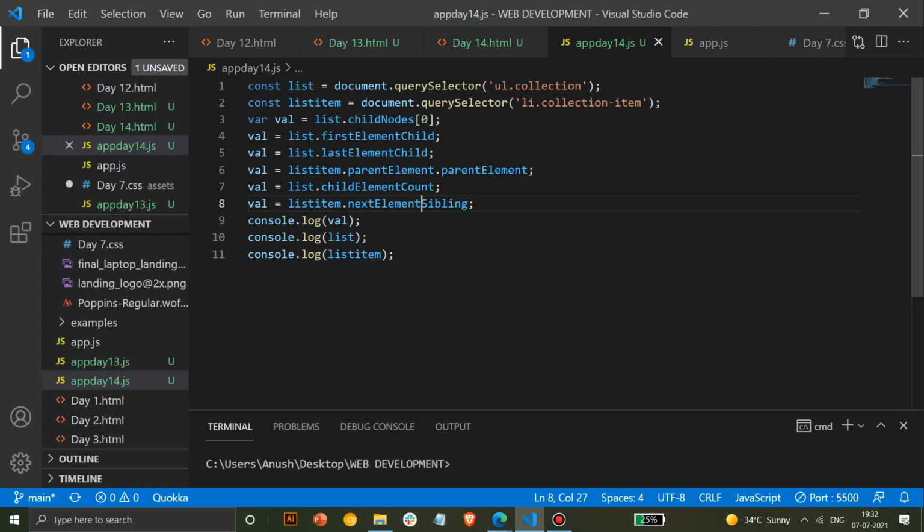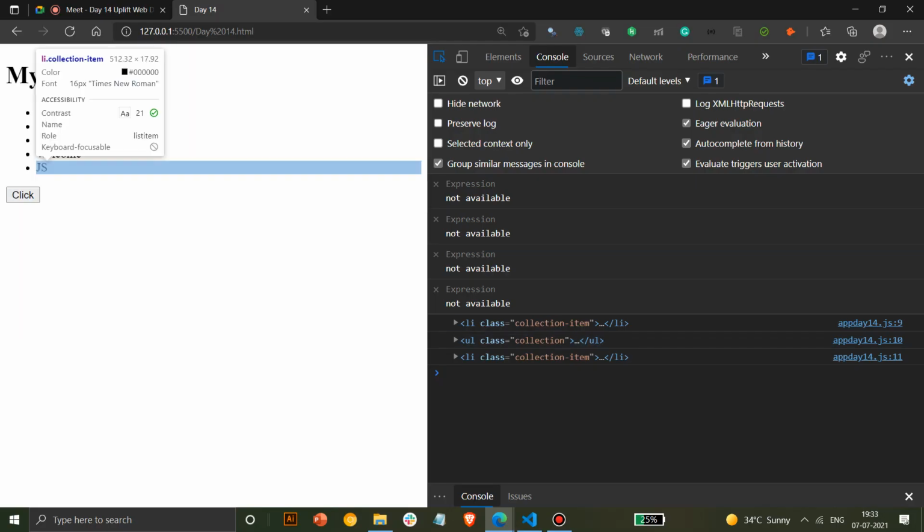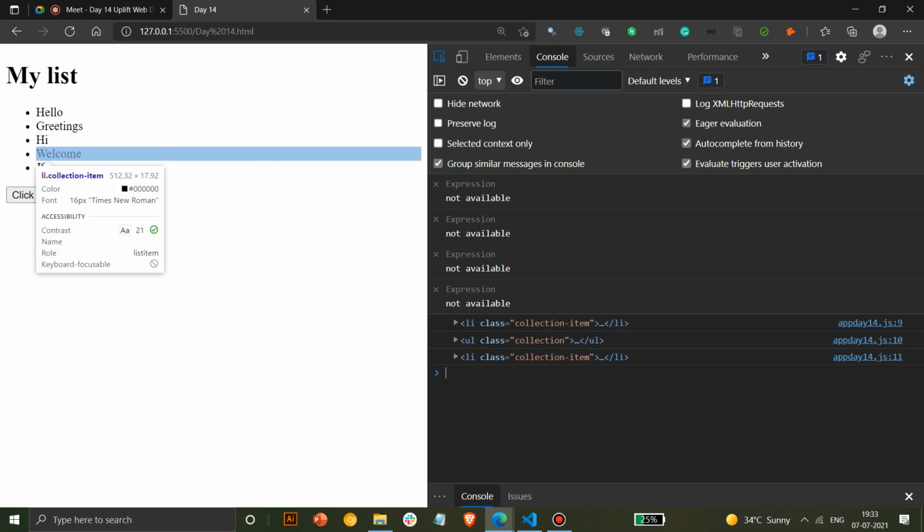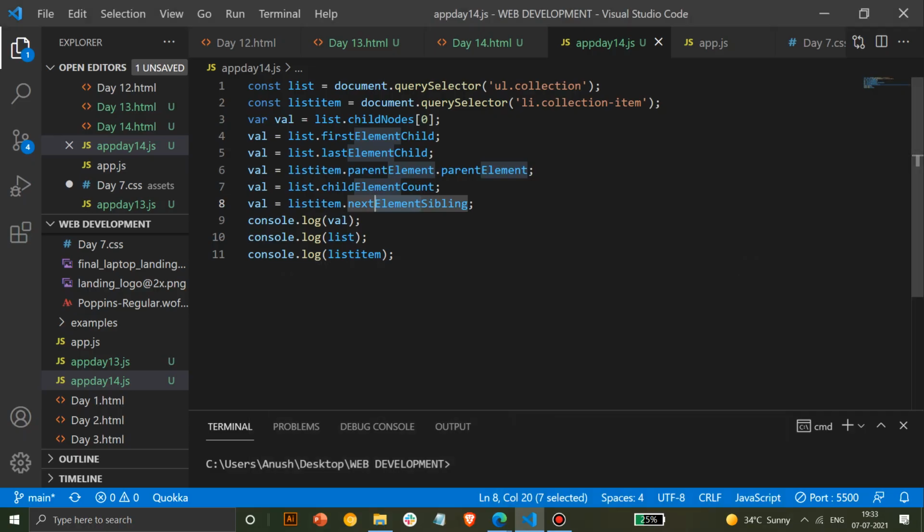By default, if you use only sibling and don't use this element keyword, it will show text, because after every word, every link, there's a text present. So always use next element sibling; the element keyword should be there everywhere you use it. Okay, so that makes it clear. So always remember there's a list of Li and text wrapped up together when we use a list here. If you use some other element, there might not be, but in this case it is present, so always use element in these cases.